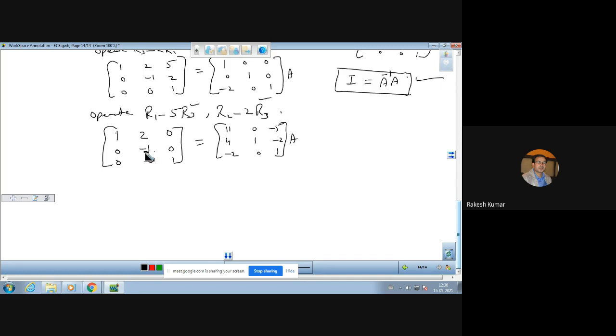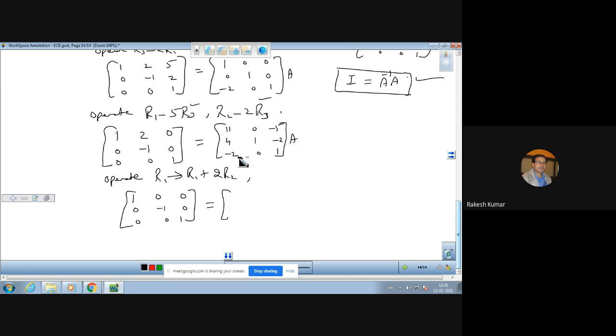Now, this is the matrix left with us. Now, what is our aim? You just need to make this element 0 now and this element 1. इसको तो 1 बनाना बहुत आसान है. सेकंड रो को अगर हम माइनस से ऑपरेट कर दें. Now, let us make this 0. So for this you need to operate R1 as R1 plus 2 times R2. बिकॉज इसको 2 से मल्टीप्लाई कर देंगे तो 2 और माइनस 2 0 बन जाएगा. So let us do that. 1 0 0, 0 minus 1 0, 0 0 1.